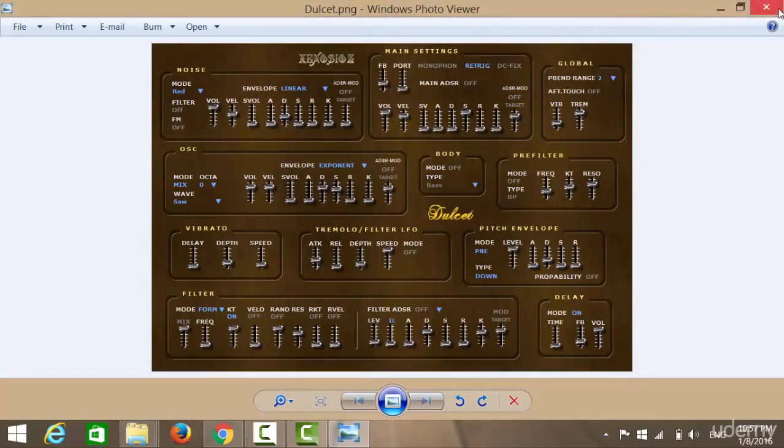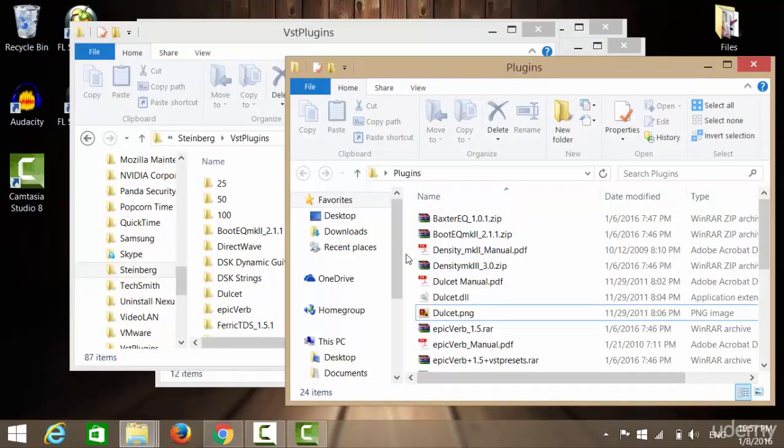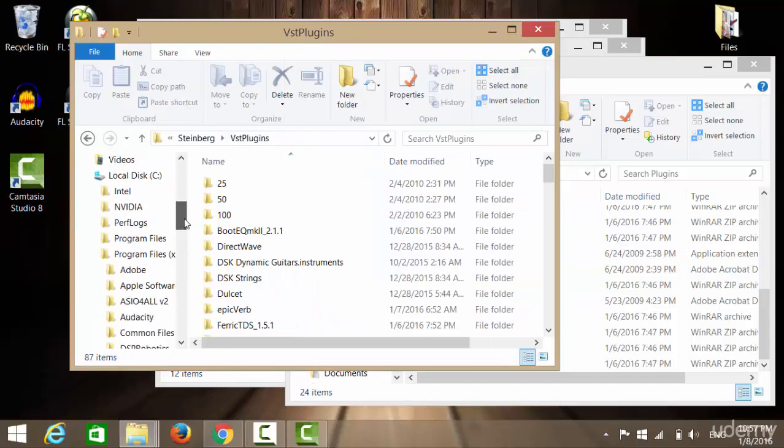This is the interface for Dillset. But others, most can just kind of be plopped in. They have a picture contained within the code. So what you do is you just click and drag into here. But there's another place too. You can either put it in VST plugins here, or